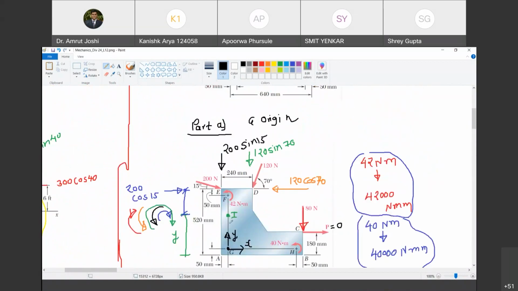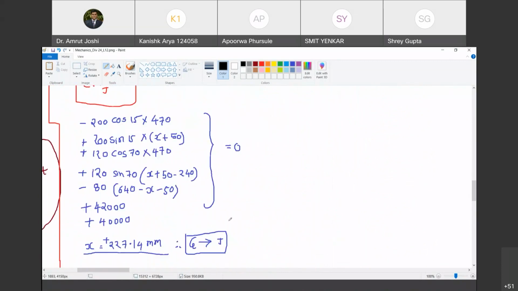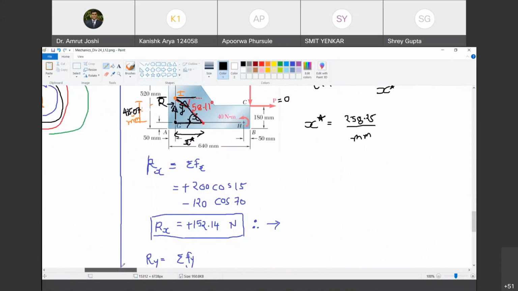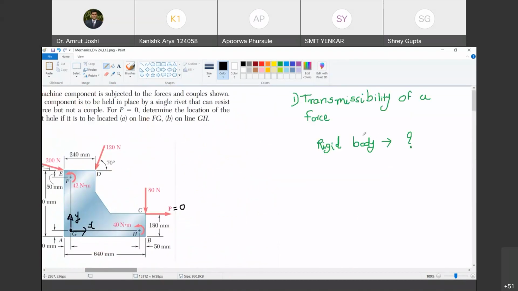And then we are going to make a point. What is the point that we are trying to make? Look here, in this diagram, if I shift this resultant anywhere along the line of action of the resultant, it is going to produce exactly the same effect on all points of the body. Are you with me? Yes, sir. This principle is called transmissibility of a force. Are you with me? Yes, sir.